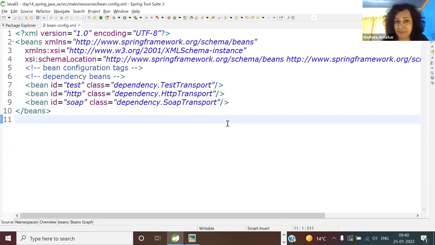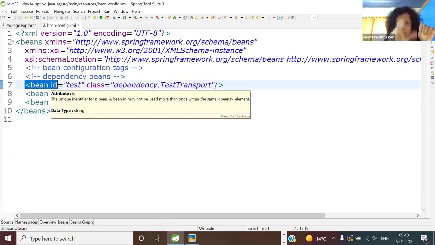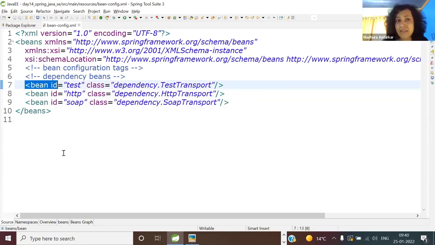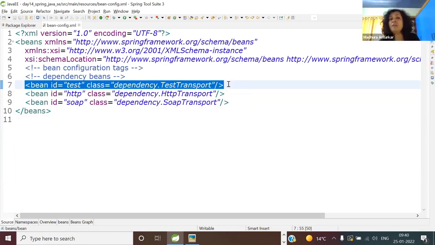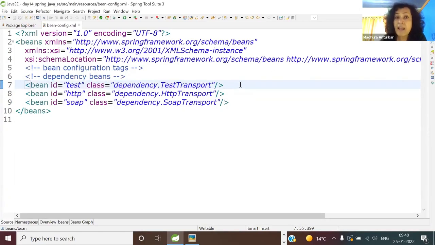So now let me ask you. Here, this is the first line. It is going to parse the XML file in a sequential manner, line by line. So when it processes this line, you know what it does? It will check the scope. So tell me, what is the scope here? Singleton or prototype? The moment you don't supply, it is the singleton scope. And now, along with the singleton scope, there is an initialization policy.